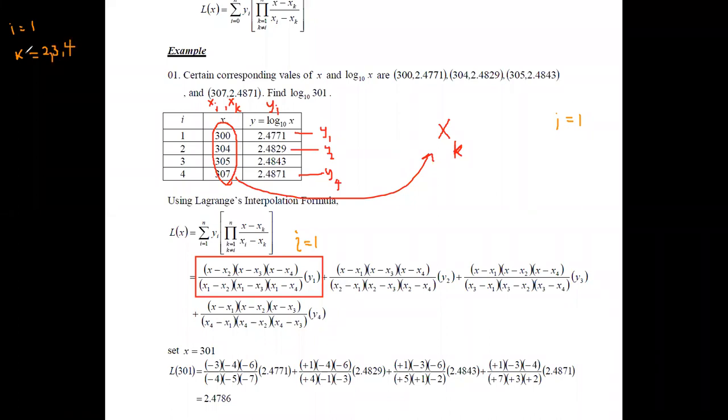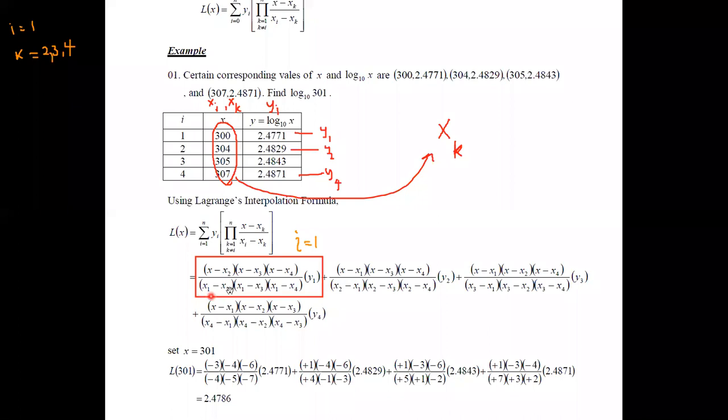You cannot take i equals k. It is because the denominator becomes 0. Then we will substitute these values accordingly. Always this value is for xi. Now you have set it already as i plus 1.